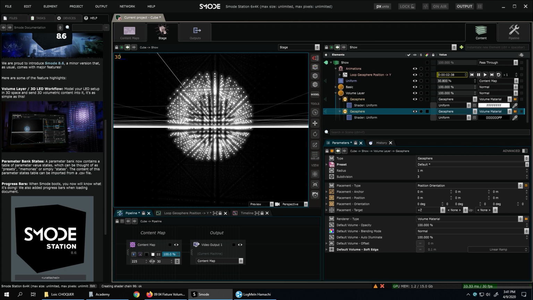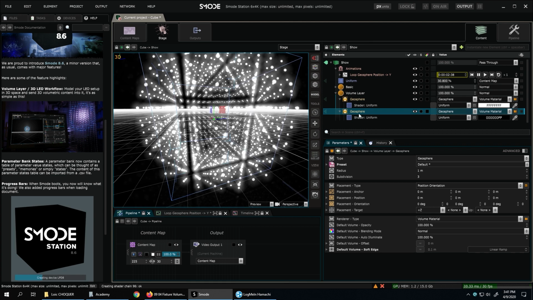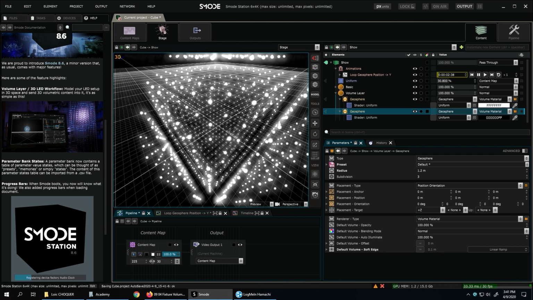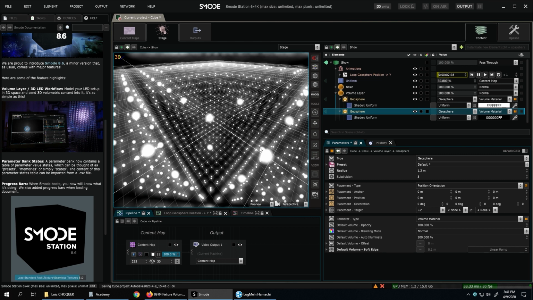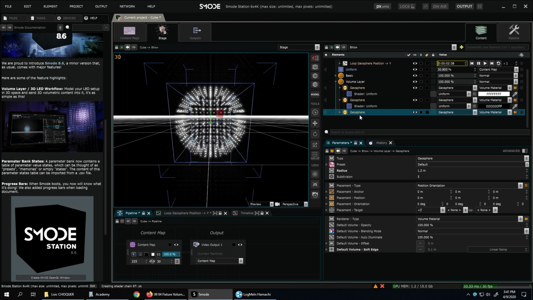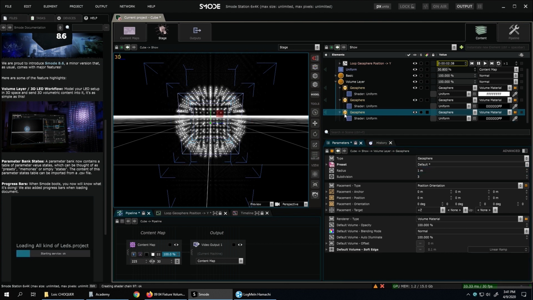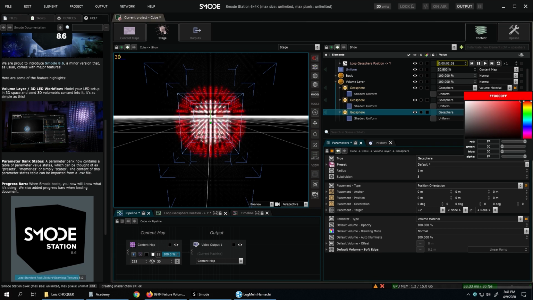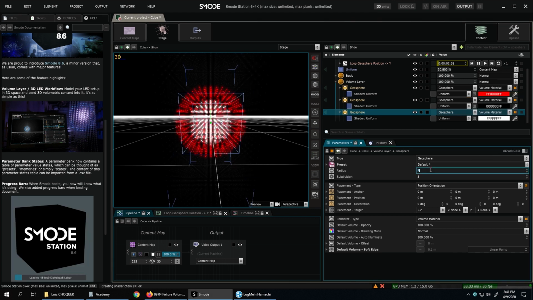And now I have my black one inside. So the sphere is empty. And I want to have another one inside. So again, duplicate. And this time, let's put white, this in red, and decrease this one a little bit more.